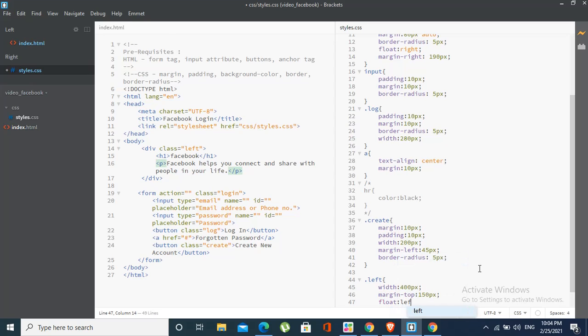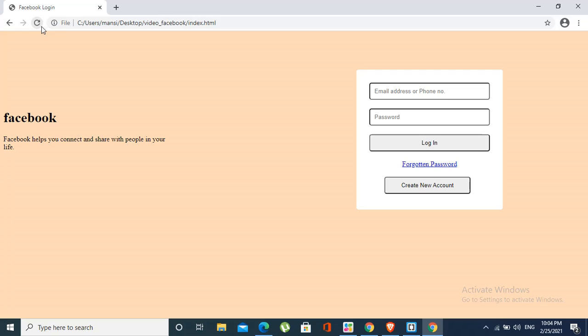As soon as I'll be saying float left, see, the magic will happen. And hooray, it is done. So remember, when you want to align two block level elements, like let's say even two divs or any two elements, one part of the screen should be occupied by one element and the